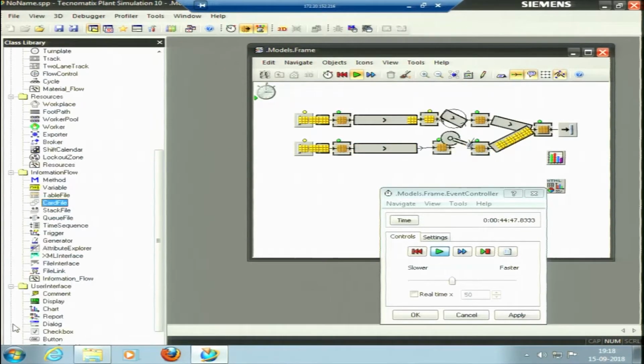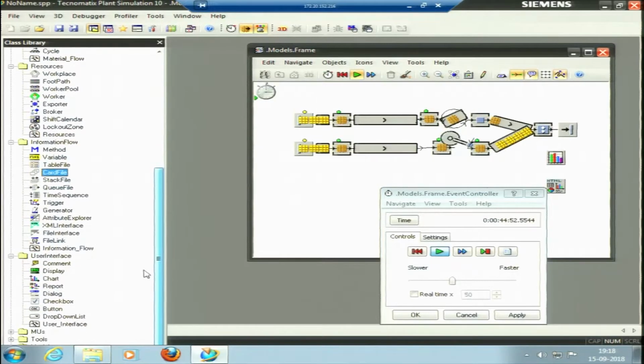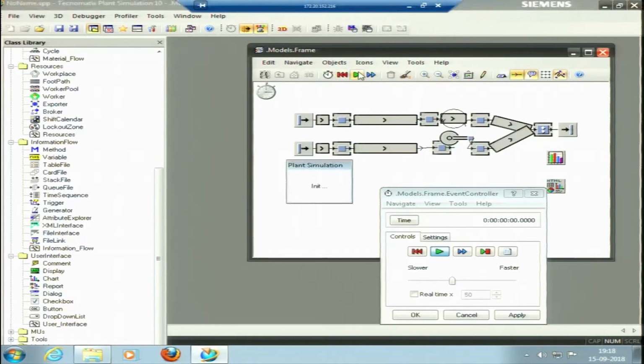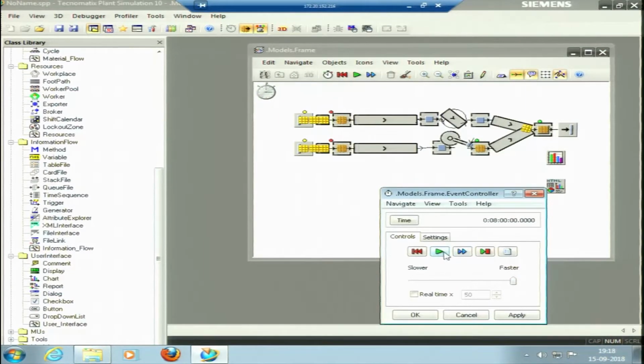So, next we have user interface. In user interface we can put some comments, we can have a chart, which I have just shown you. Report is the complete report. When we run the complete simulation, I can publish the report of the simulation as well. If I apply and try to run it, okay, it runs for 8 hours a day.